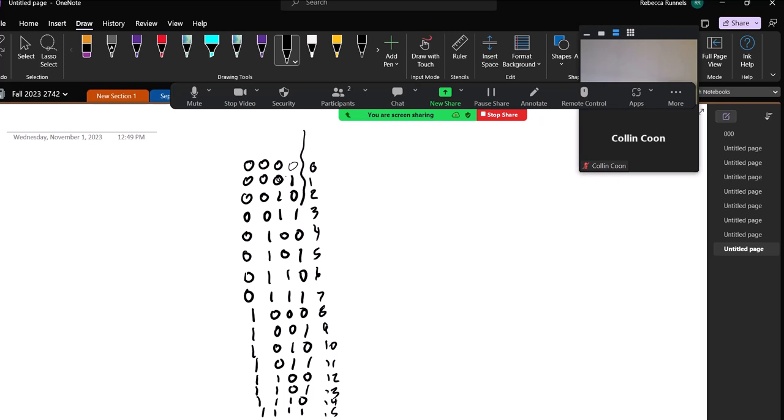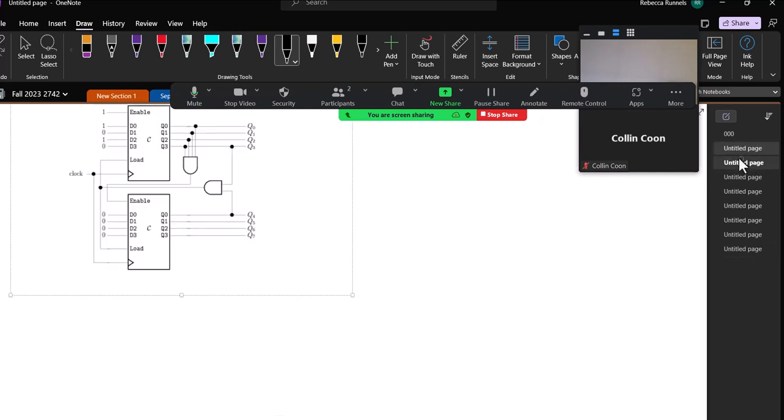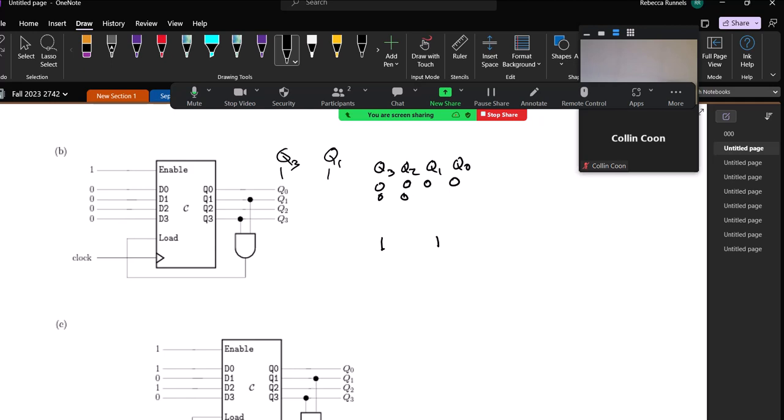Okay, so if these are our numbers, and that's Q3, Q2, Q1, and Q0, if we start with 0, 0, 0, when is the first time we get to where Q3 and Q1 are both 1? Well, we know Q3 doesn't become 1 until we get to 8, so it's going to be after 8, and then the first time Q1 is 1 after that is when we're at 10. So the first time that we're going to get a Q3 and a Q1 equal to 1 is at